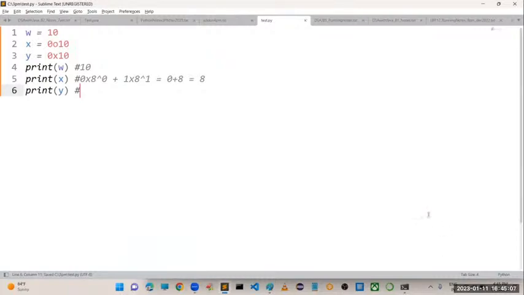Next y is there, which is nothing but a hexadecimal number, like 0x10. Same thing, 0 into 16 power 0 I am taking, plus 1 into 16 power 1. So 0 into 16 power 0 will become 0, plus 1 into 16 power 1 will become 16. The result we are getting is nothing but 16. Let's run the code.